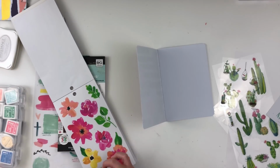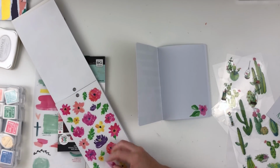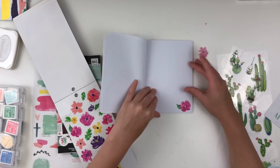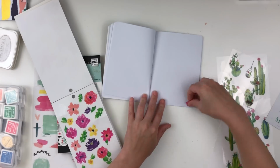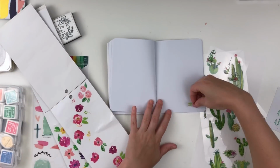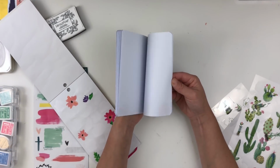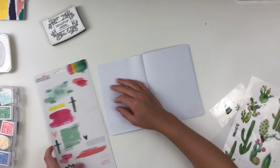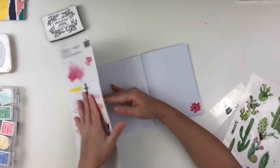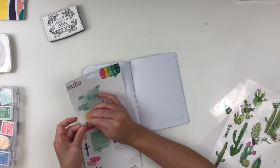So I stamped those initials, and I know that went super quick, but it was also repetitive. And so basically on that first notebook, I added a sticker at the lower right hand corner as I'm doing now, and then I added a stamped monogram at the top of every page. And this is a super quick process. I mean, especially because it doesn't take long to add stickers, and it doesn't take long to add the same stamp to every page. So the next thing I'm doing is grabbing these Creative Devotion stickers after adding florals,